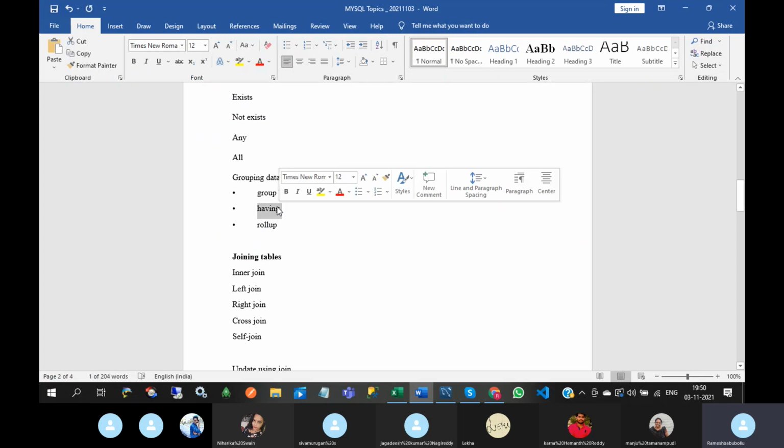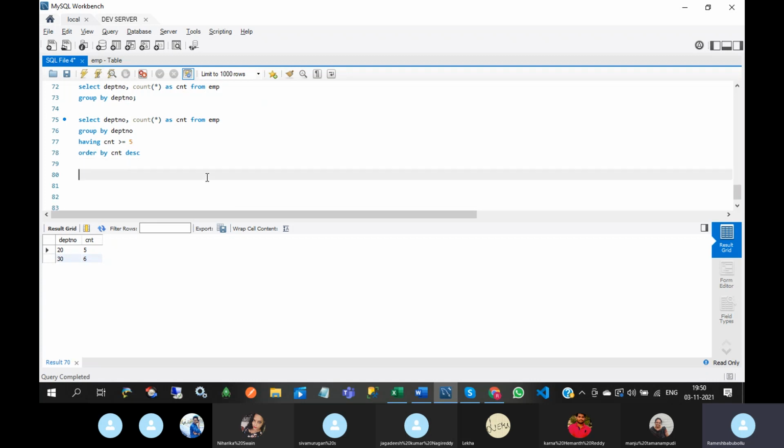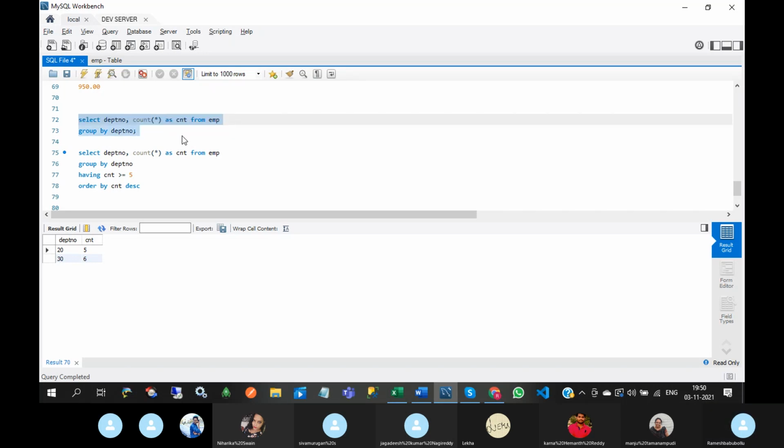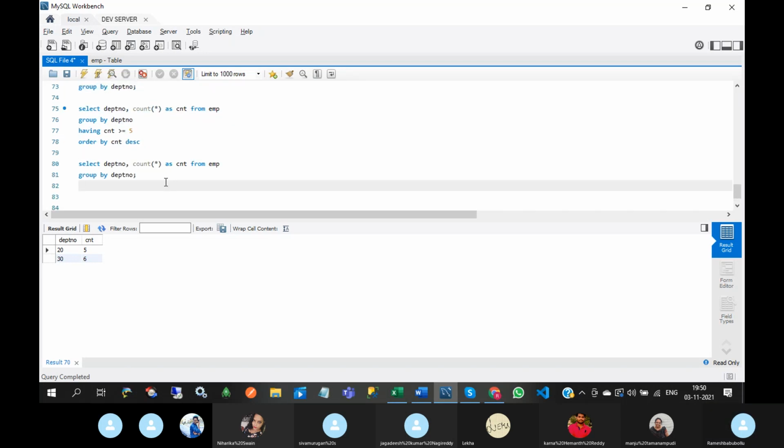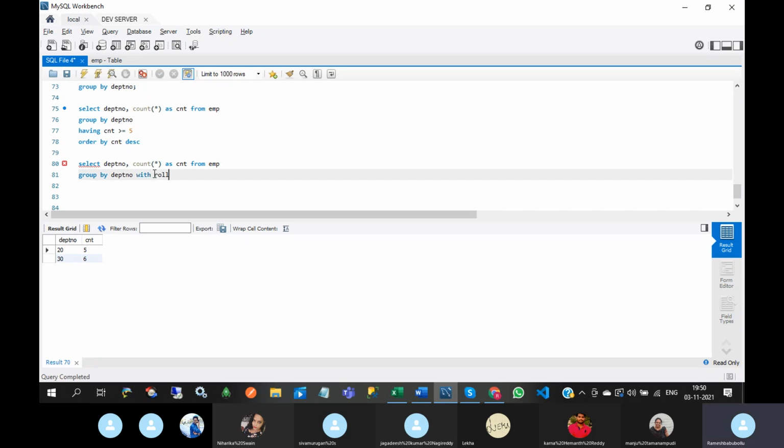Next one is ROLLUP. The ROLLUP clause is used to generate subtotals and grand totals. With ROLLUP, observe this, what will happen?